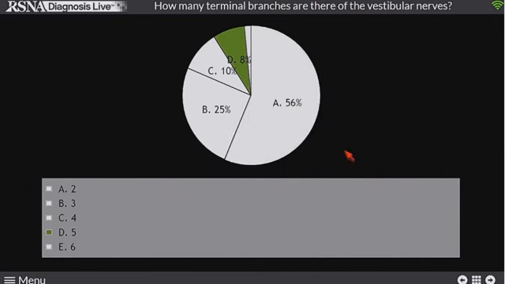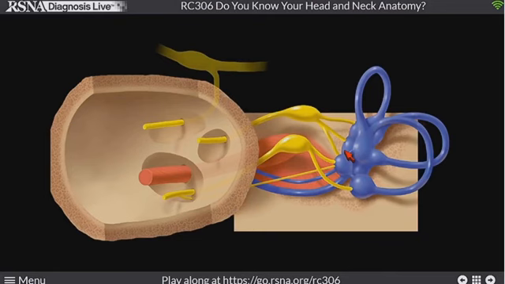So there is the superior and the inferior vestibular nerves in the IAC, but if you look closely, we can actually see sometimes little canals in the lateral IAC as these nerves divide up. And there's actually 5 different nerves that are the terminal branches. We have 5 main structures out laterally in our balance or vestibular system. The vestibule is made up of 2 components, the utricle and the saccule. And then we have 3 semicircular canals. Each one of those has an ampullary swelling. So we have 2 nerves going to the utricle and the saccule, and we have 3 nerves going to each of those ampullae. So there's 5 different nerves laterally.